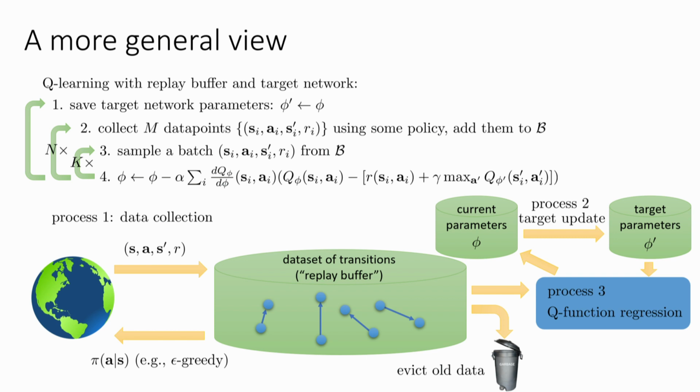And now you can see how these three processes can be treated as just three concurrent things that we can speed up or slow down however we want to obtain different versions of this algorithm. And of course, you could actually implement this as a completely parallel system. And if I have a little bit of time at the end of the lecture, I'll show you an example of some recent research that does that. So this is the general concurrent view of fitted Q iteration, of which all the algorithms we've discussed so far are special cases.